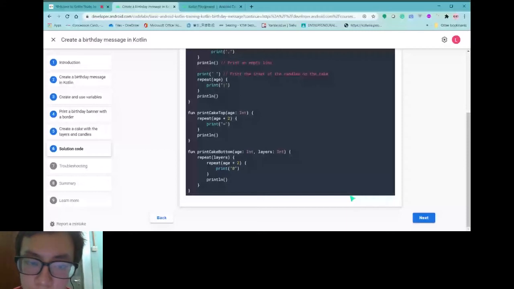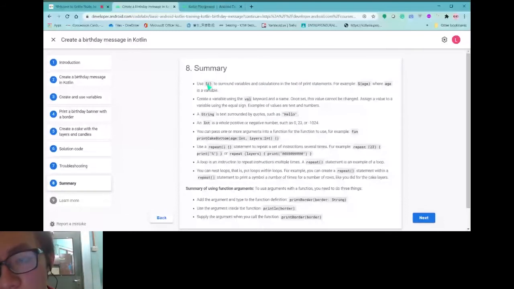So for summary, for this activity, you just use this one, this is a symbol here. It may look very strange to you, but it actually exists in Kotlin. Yeah, you can actually use this to put inside your string of text to include the variables. And then you can create a variable using the val. Actually, you got another type like var or maybe const, const means constant.